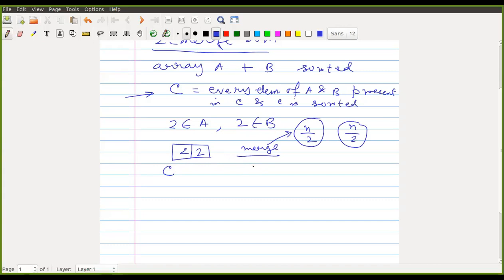For this merge, we put i equal to 0 and j equal to 0, where i is the index of A and j is the index of B. Now we see, is A[i] less than or equal to B[j]? If this is the case, I will put C[k] equal to A[i].